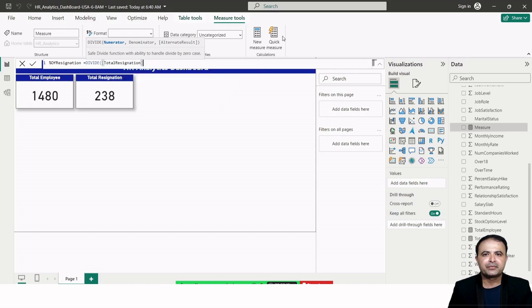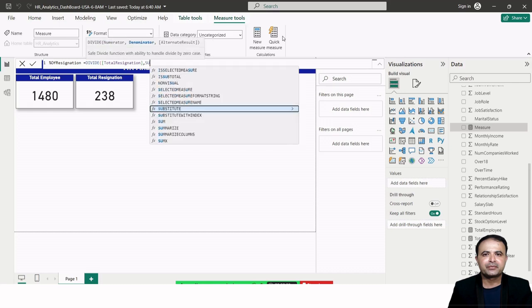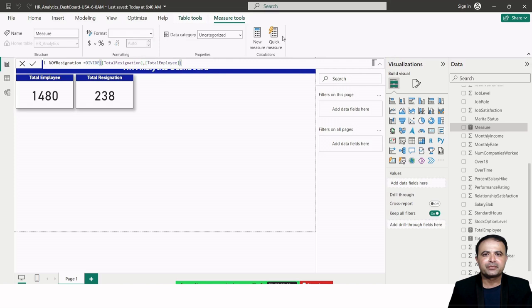It is a measure and comma, sum, not the sum basically. And I have already counted the total employee. So when I try to create this dashboard,